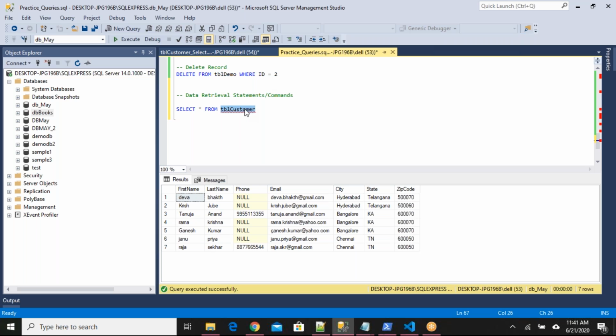First, select star from TBL customer. What will it give? It will give all the columns and all the rows of your table. If after the table name you provide any where condition, only matching records will be retrieved.